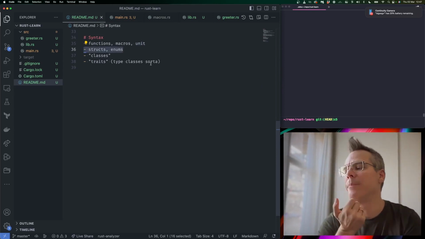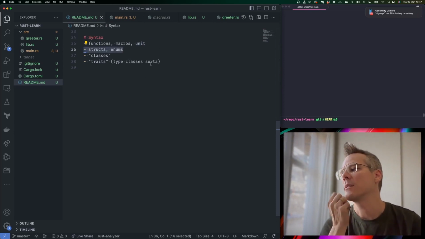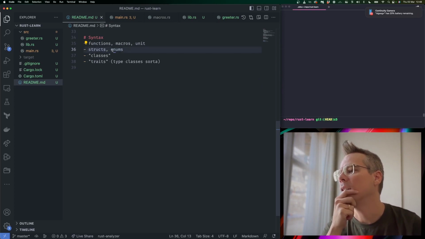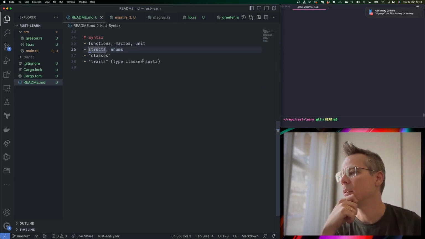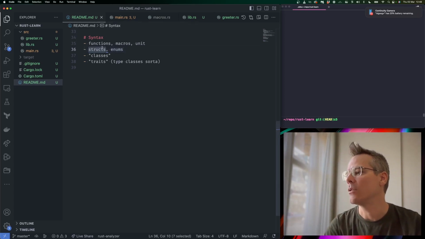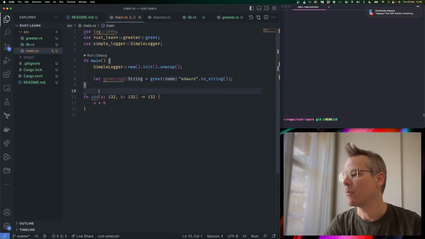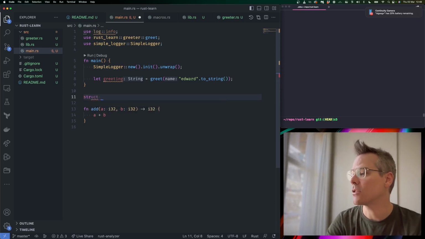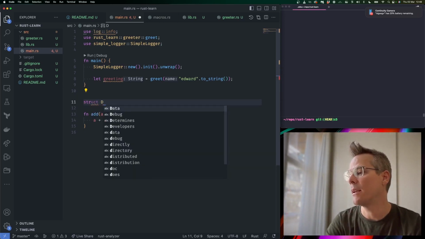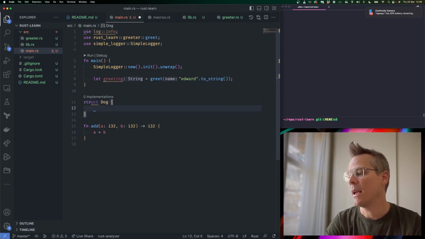Okay, another important part of the Rust syntax is talking about structures. Like, how do I create data types? There's two ways to do it. You can use structs or you can use enums, and both of them are very powerful. So we can define a new struct. You just literally say struct. We give it a name like a dog or something, and then you just add